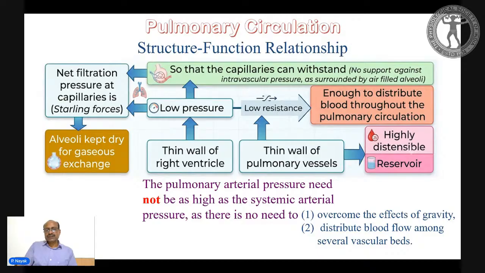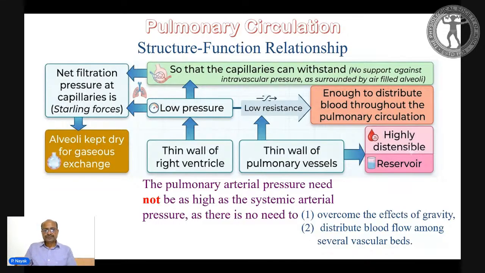When there is an increase in cardiac output in the systemic circulation, it has to be matched by the pulmonary circulation, whereas we cannot increase the amount of blood in the capillaries, so the volume has to be kept by the large pulmonary arteries